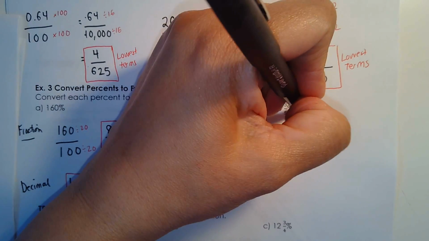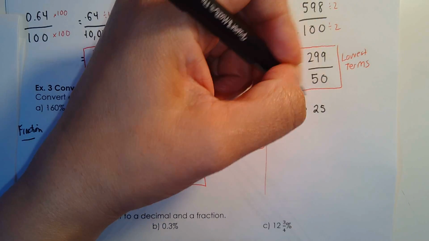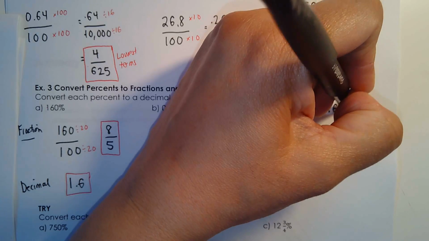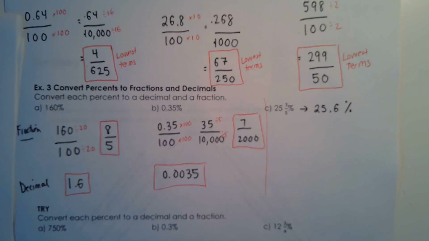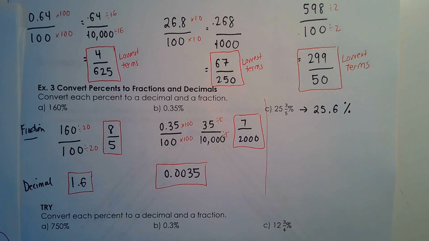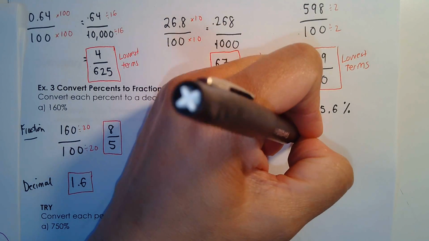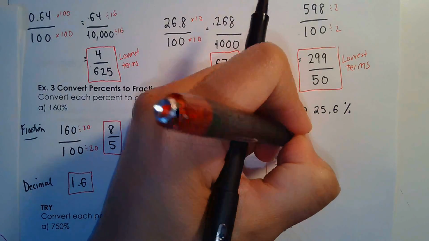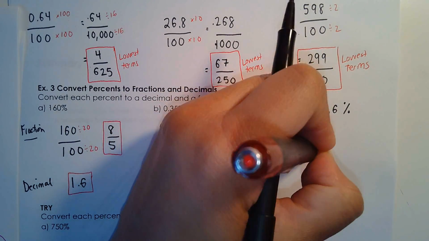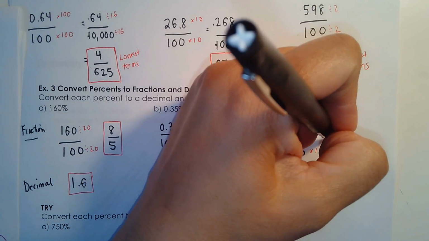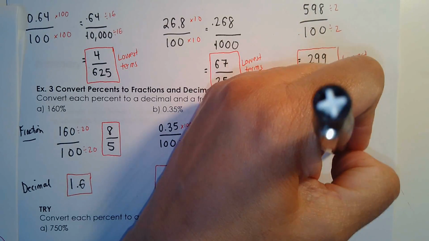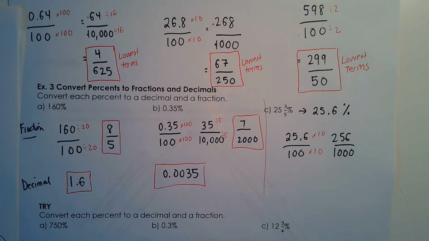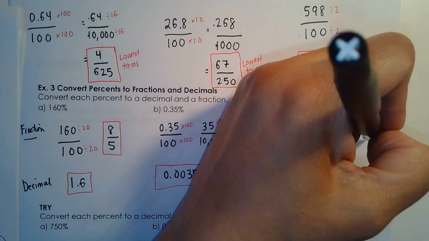And example C here, we have 25 3/5%. I'm just going to rewrite that as 25. 3 divided by 5 is really 0.6. So I'm going to rewrite that as 25.6%. Turn that into a fraction. So 25.6 over 100. I need to get rid of the decimal, so I times the top and the bottom both by 10. So I have 256 over 1,000,